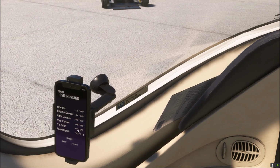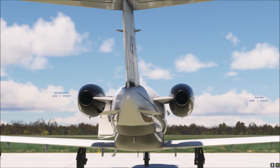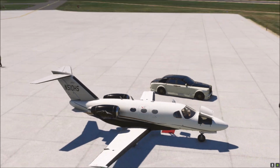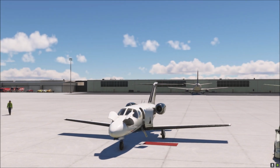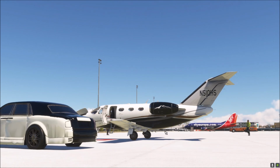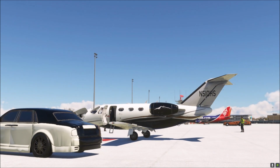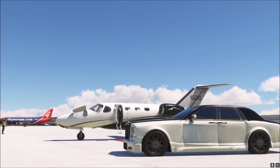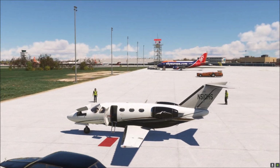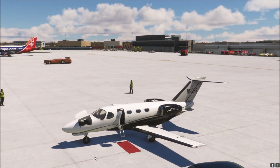And you know what, it's really odd because that same Rolls Royce is there again. How did that happen? I have no idea. Magic. No, I don't think he's modelled the rear cargo hatch, but there is a nice big cargo compartment somewhere in there in the tail, and I think his Rolls Royce is a bit beat up, isn't it? But anyway, it's nice to have it there. So there we go. We're now at Southend,